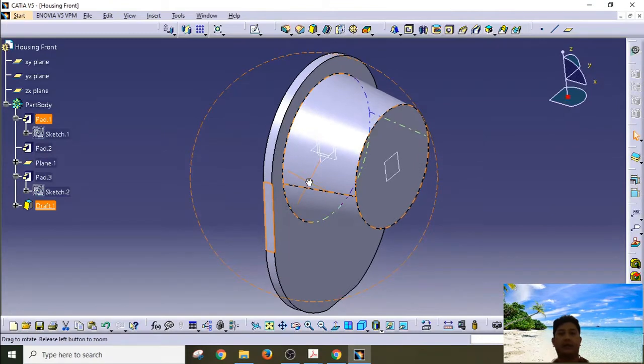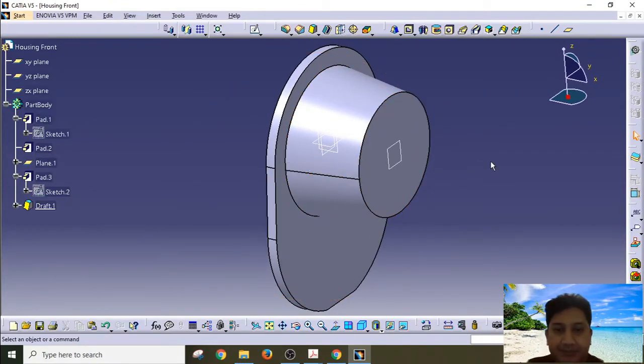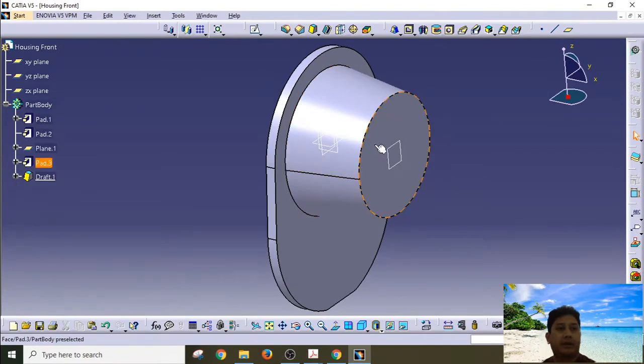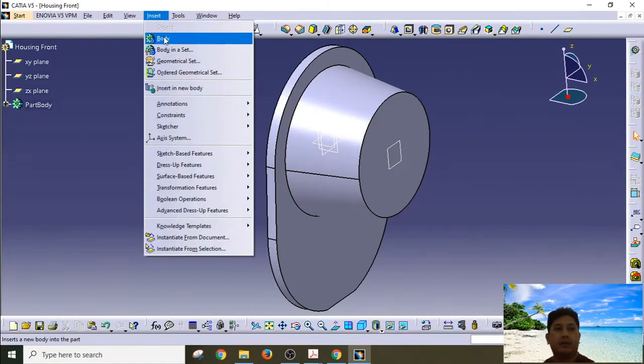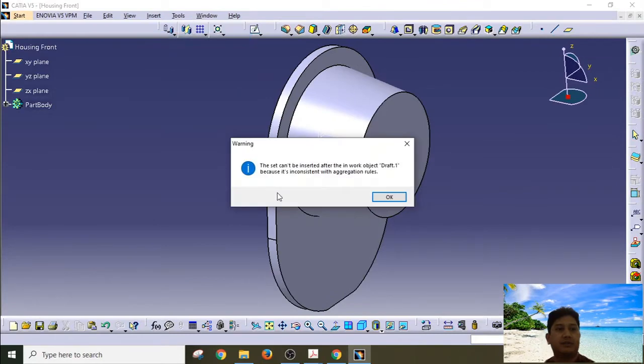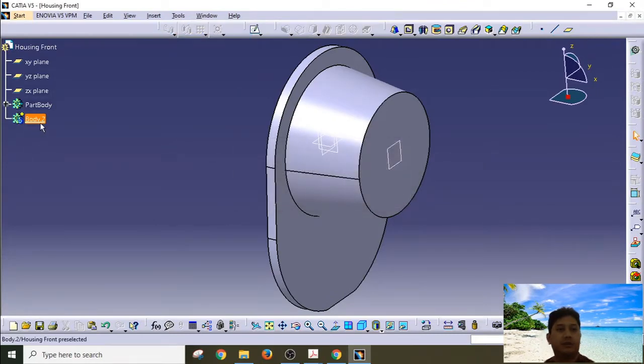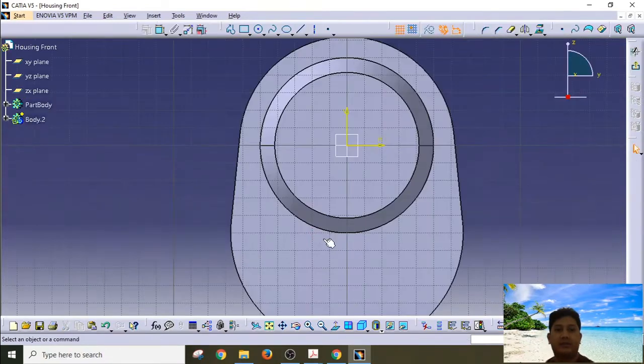Right, next what we need to do is create a new body part, and this new body part should be inserted by using a new body function. So we create body. You see, this is an underlined line, which means that now this body is activated for our work. So what we have to do now is create a sketch on this plane first, on the surface, and we